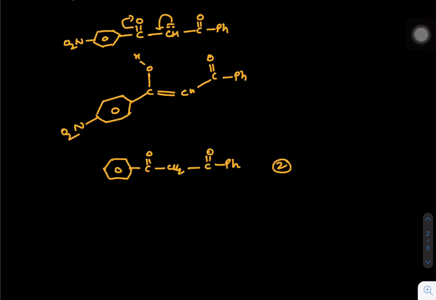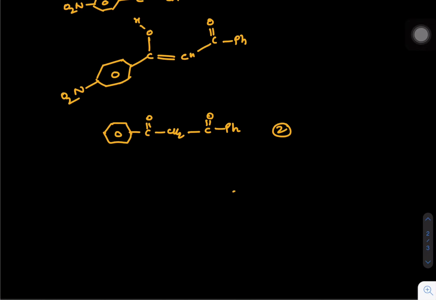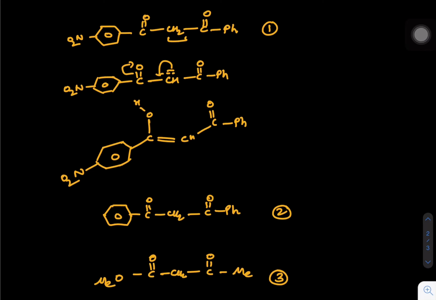Likewise, if you have, let's say, one side Me group, Me C=O CH2 C=O, and then we have OMe, that will be the next one, third one, right? So in the sequence, that will be the next one. Likewise, we can talk about further examples, like let's say diketo and other members. So we have a complete list of these things, and if this kind of question comes, we know how to compare which H will be given faster, and accordingly we can take a call.